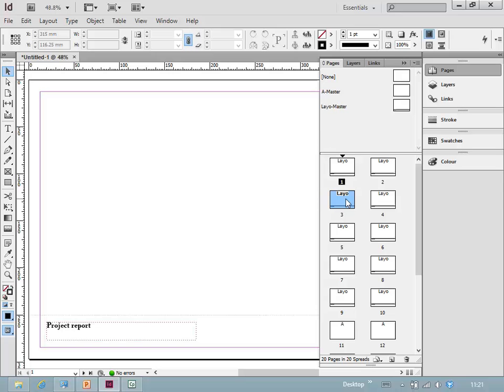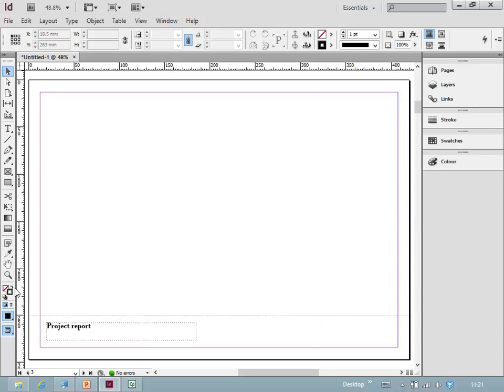And if we now double click on page 3, we have those objects that are in the master page now appearing on every page. So if we come down to the bottom here, you have some more controls in terms of page. If we go to page 10, we have it. If we go to page 11, it doesn't have it because page 11 is not using this master. So that's really quite